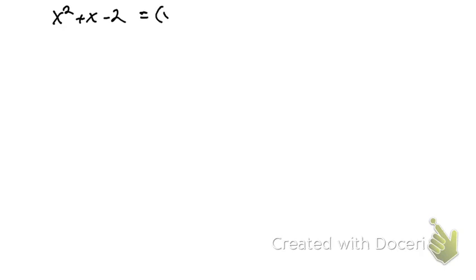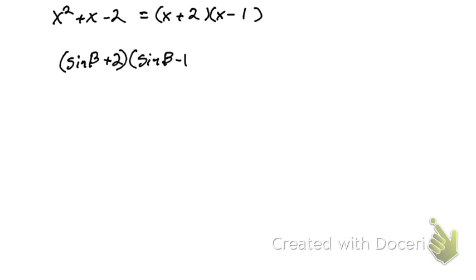Factoring that, we would have a binomial. We have x up front to give us our x squared. To give us our 2, I need a 2 and a 1. We have a positive middle term, so it's a positive 2 and a minus 1. So replacing those x values with back to our sine of beta, you should have on top sine beta plus 2 times sine beta minus 1